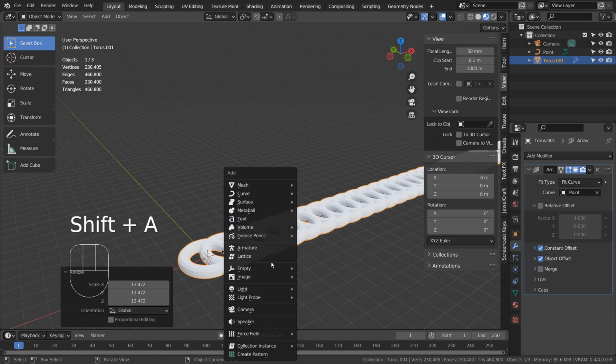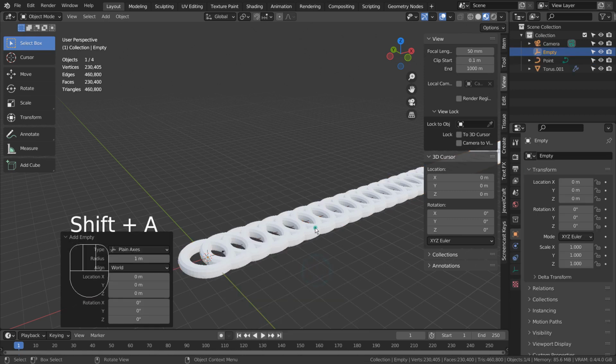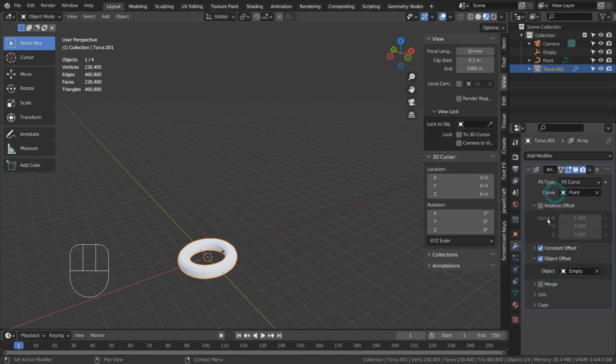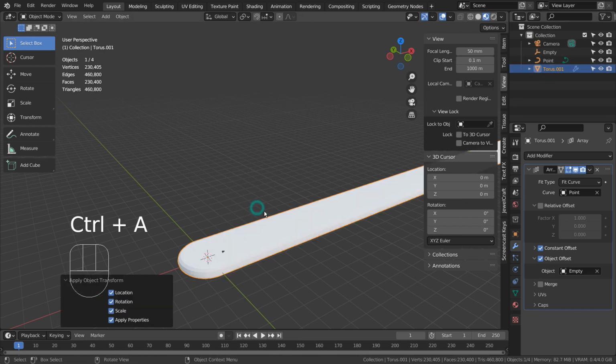Let's add an empty object. Select the torus and press Ctrl+A to reset all transforms.